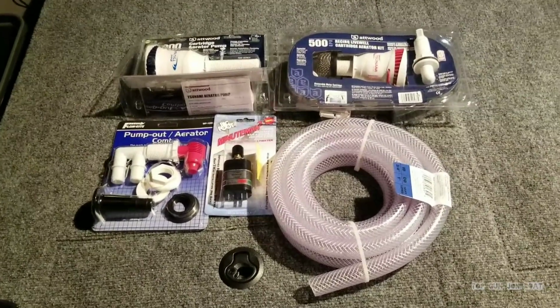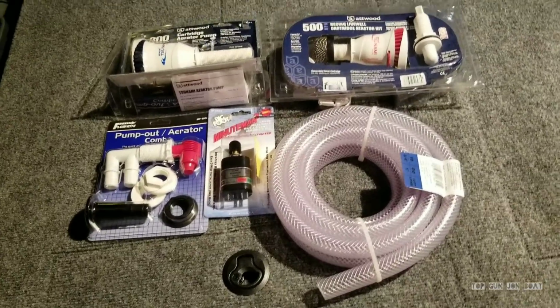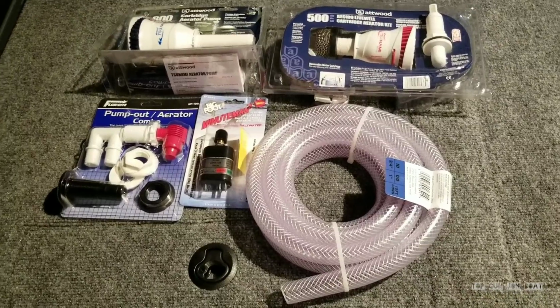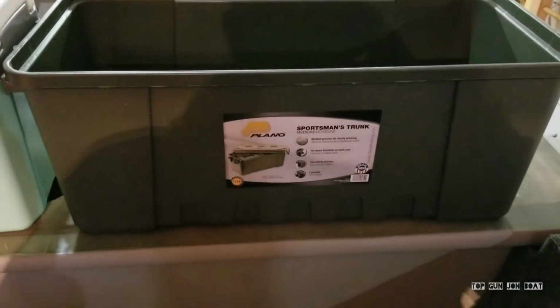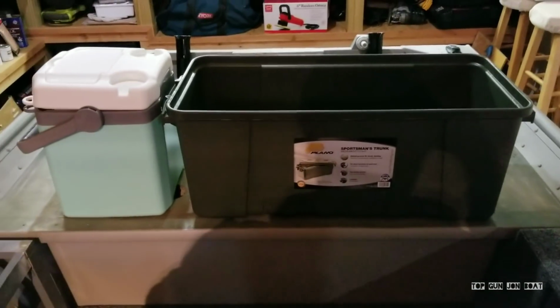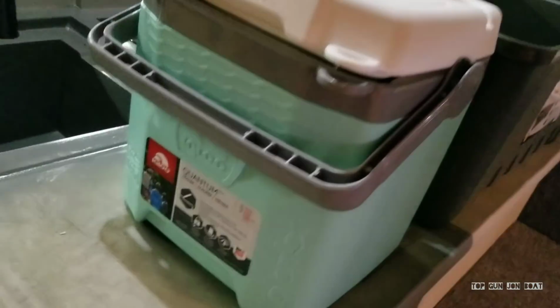Next I'm gonna show you what I purchased to fabricate the live well out of, and then kind of a game plan of how I want to do the install. This is a Sportsman's trunk I bought at Academy. It's like 25 bucks. It's a 68 quart, which means it'll hold 15 gallons of water. And then I'll explain this over here, but that's an Igloo Quantum. It's an 18 can